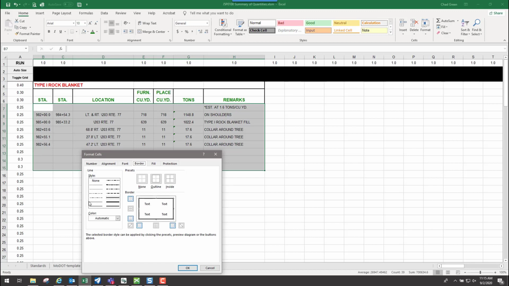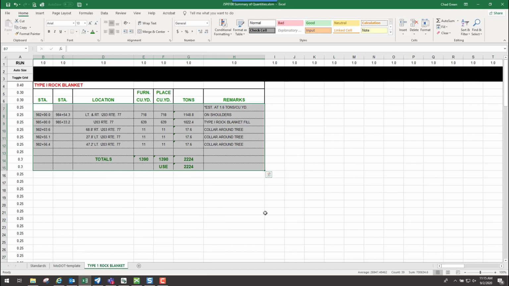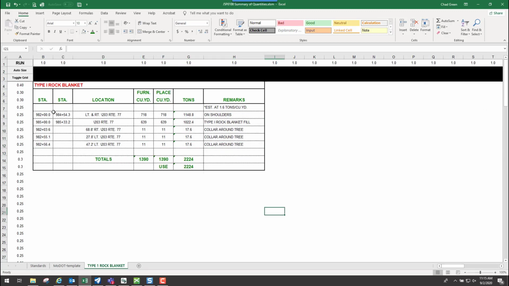So for this one here, I'll just use one of these dotted ones. I will select that. And then for this one here, I want this to all be inside. So I can click on it, like what I'm doing right here, or I can click on that inside option and it will fill that out accordingly. And once I have that, go ahead and click on OK. And if I toggle off the grid, you'll see that I have my grid work placed out there.